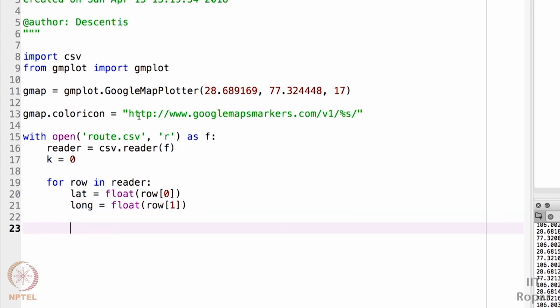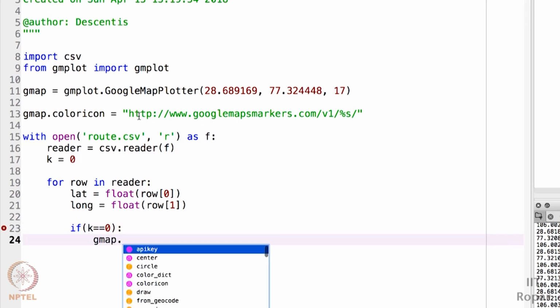Now I'm going to use k as a dummy variable. If k is equal to 0, it means this is the first coordinate I have, then I will use the gmap dot marker function.